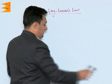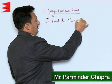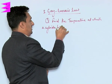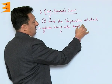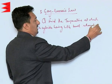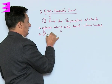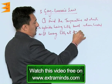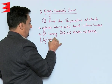Now let me give you a numerical on this. Find the temperature at which a cylinder having LPG bursts when heated, as it is having LPG at 2 atm pressure at 300 Kelvin. Now what is given is cylinder can